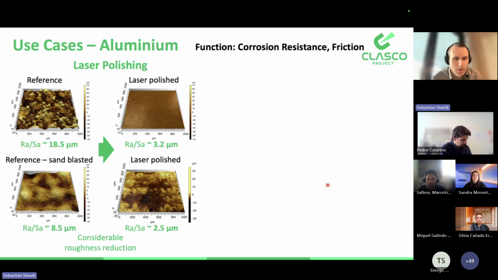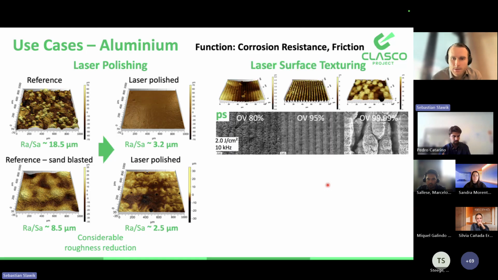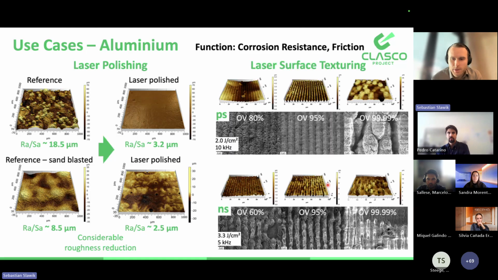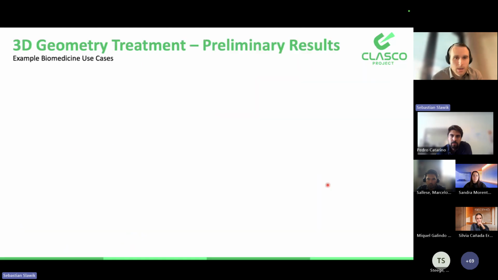Also here we did laser polishing with a considerable roughness reduction with and without sandblasting. And we also did the laser surface texturing with more or less the same result, but in this case it is more challenging regarding the Scalmalloy because the initial roughness is higher and the material is more challenging to process. And finally, I can show you